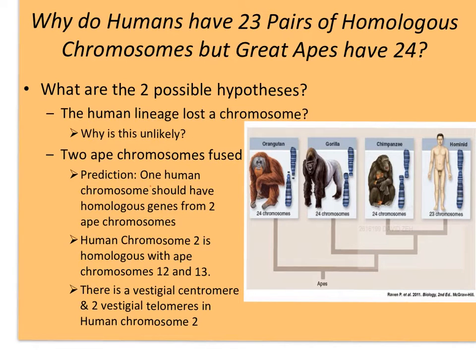One human chromosome should have homologous genes from two ape chromosomes. That's exactly what we have. There were two ape chromosomes, which were ape 12 and 13, that ended up getting stuck together into the human chromosome number 2. Now, we know this for a number of reasons. First of all,